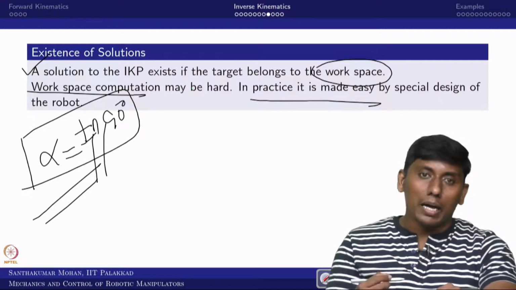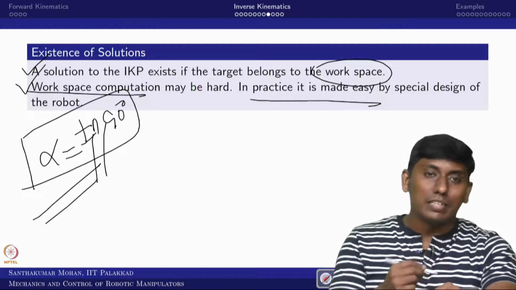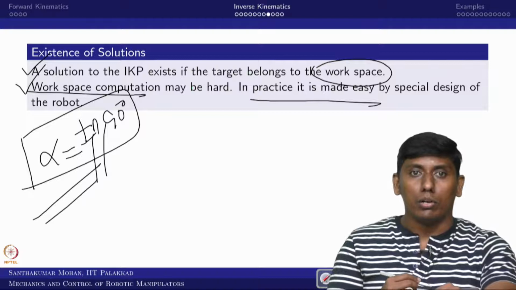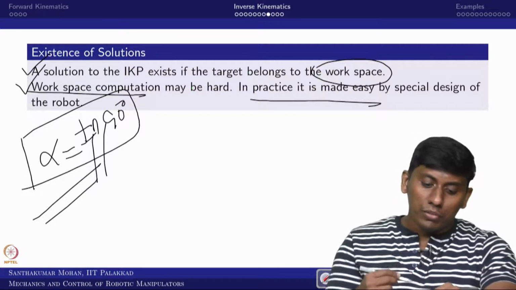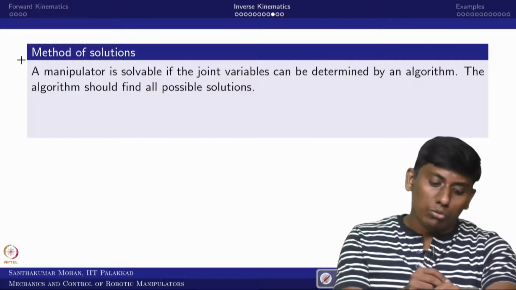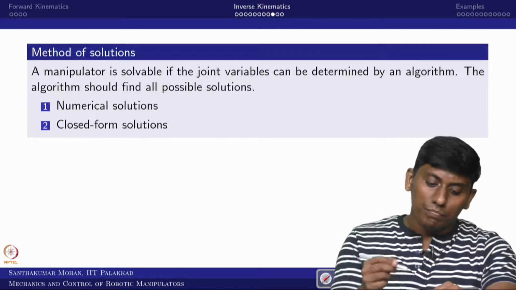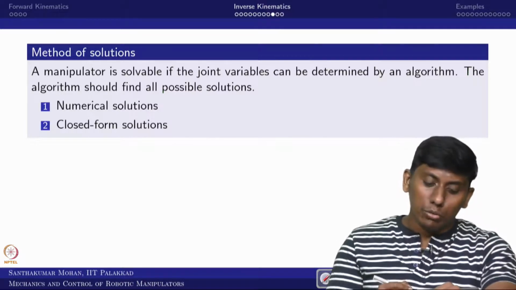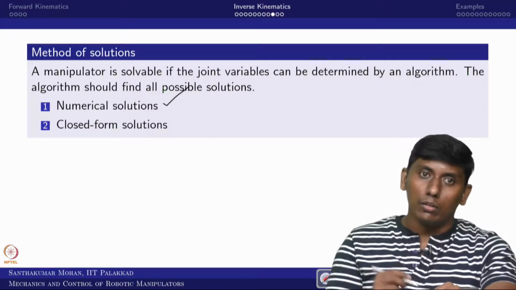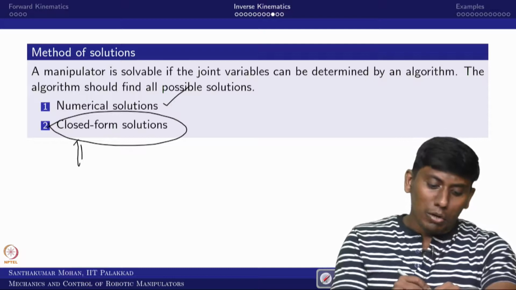Further, we will come back to the necessary and sufficient conditions. We will see that this is one of the necessary conditions, but whether it is sufficient to find the analytical solution or not, we will come back to that. For that, we are trying to see the method of solution, how to solve. Obviously you already know one is analytical, the other one is numerical. Okay, even the numerical solution can be obtained through optimization or a general numerical method, but the closed form solution we simply call analytical.